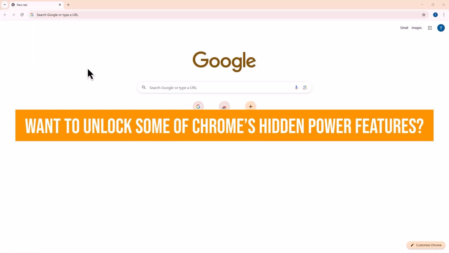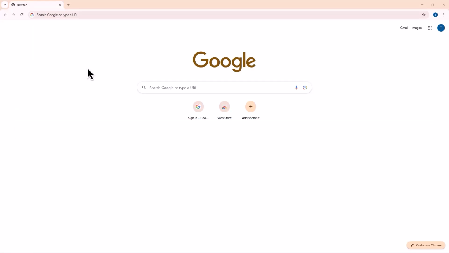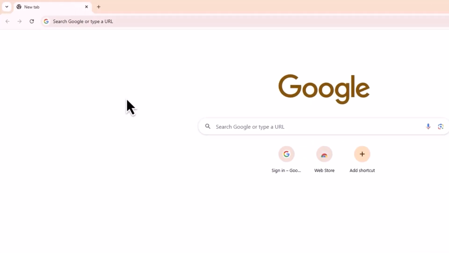Want to unlock some of Chrome's hidden power features? In this quick guide, I'll show you the best Chrome flags that advanced users love, and how to enable them safely. Let's dive in. First, open Google Chrome and type